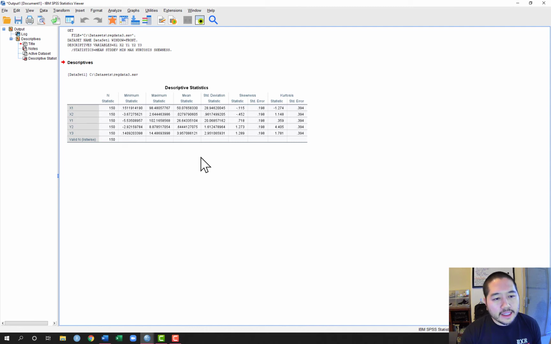But one way to see, or a proxy to the distribution of the errors, is the distribution of the outcome, or the criterion. So in this case, we wouldn't worry so much about the distribution of the predictors, x1 and x2, but we would be interested in looking at the distributions of y1 through y3. Now again, y1, y2, and y3 are separate outcomes for different models, but they're just all part of our one